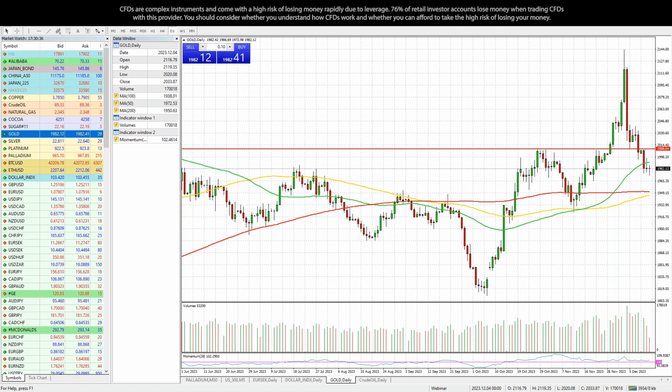And take the range of this day. This day was almost a $100 move, right? The high of the day was 2119.35. The low was 2020, right? So the range of that day was about $100, $99. And then the very next day, we closed below that previous day. We had a few attempts to move, and then we broke down, and we broke the previous level that we held nicely. That was 2008.